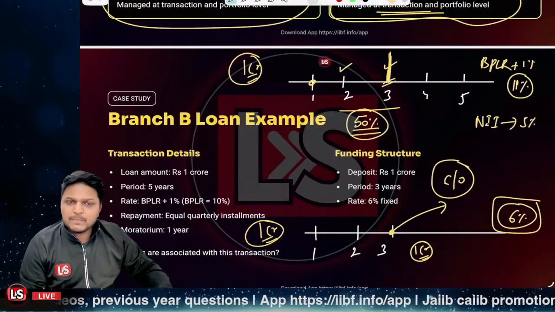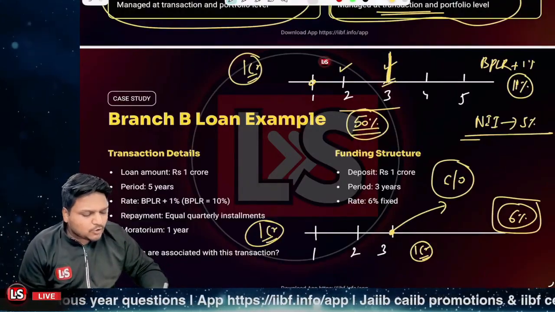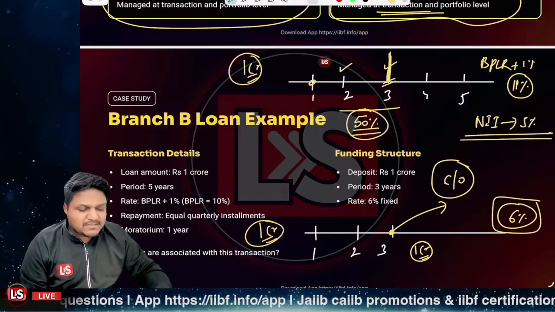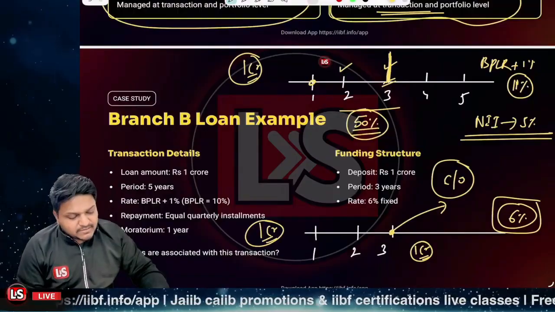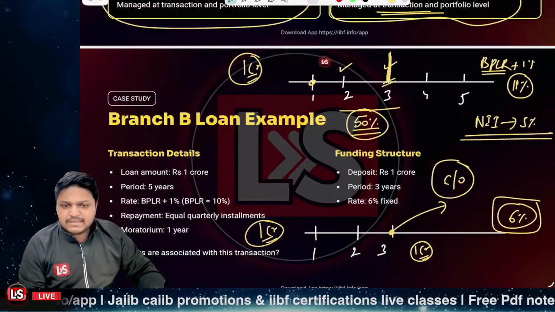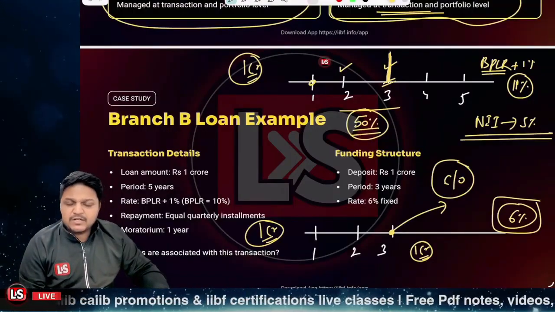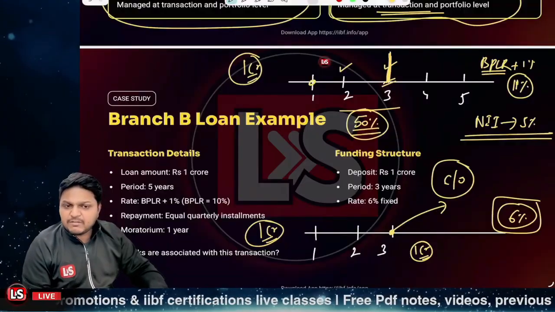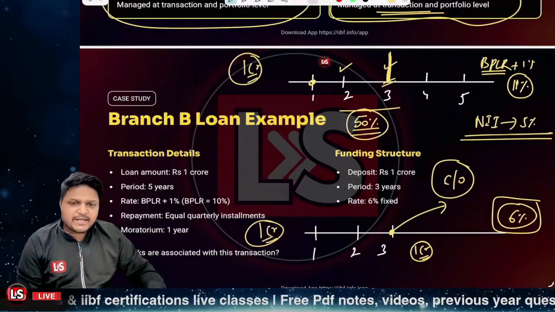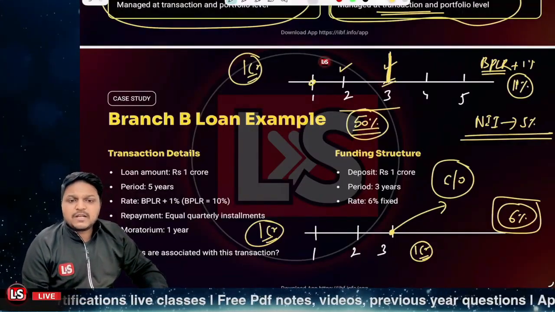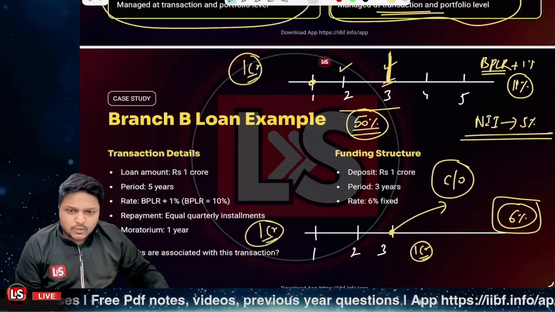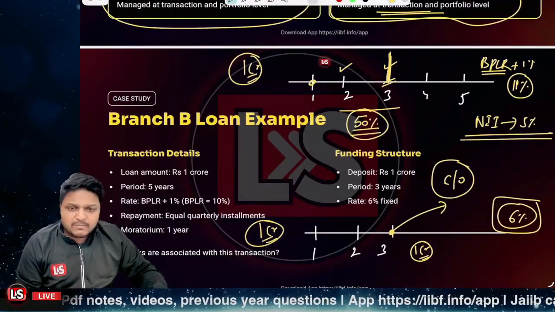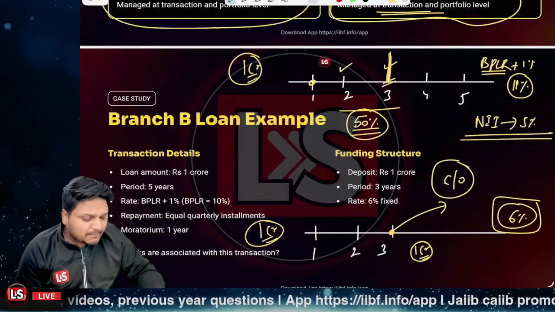That will be 5% for the bank. And in the second scenario, let's consider that the BPLR is now reduced to 9%. Previously, we considered that the BPLR is 10%, and we were having an interest income effectively of 11%. But now we are considering that the rate of interest is reduced. Now, once the BPLR is reduced, your overall effective income reduces from 11% to 10%.